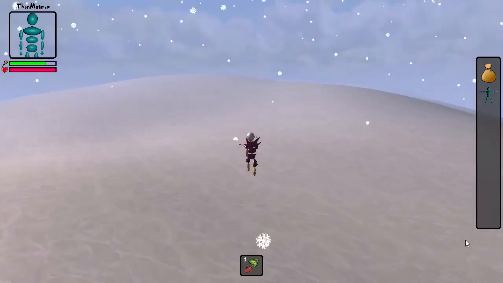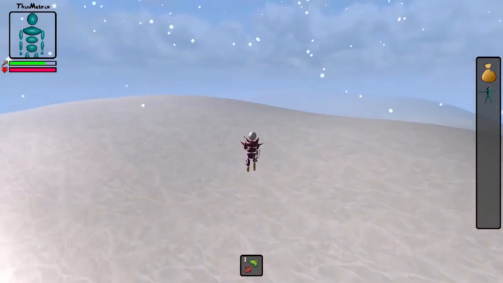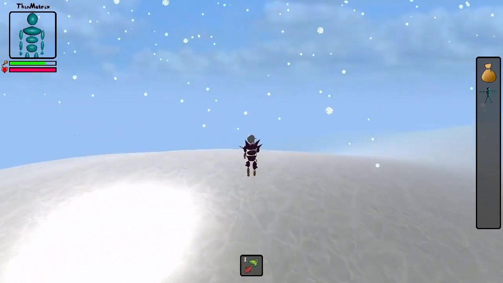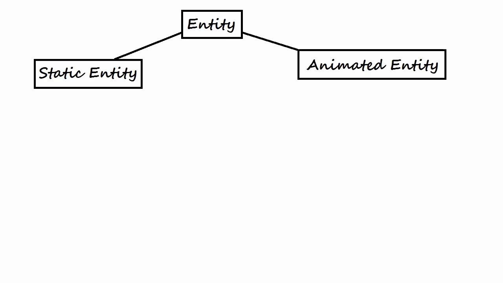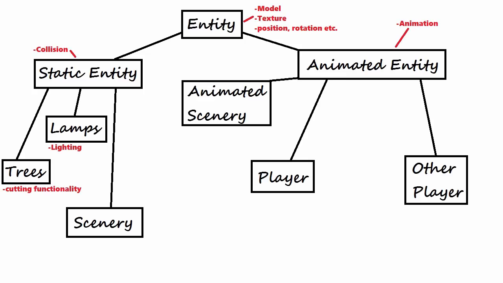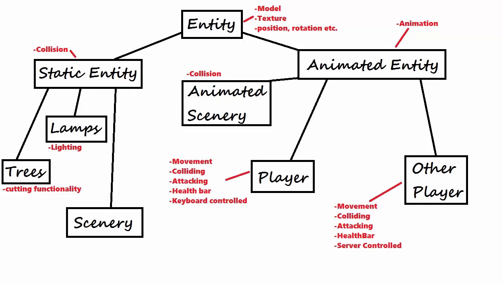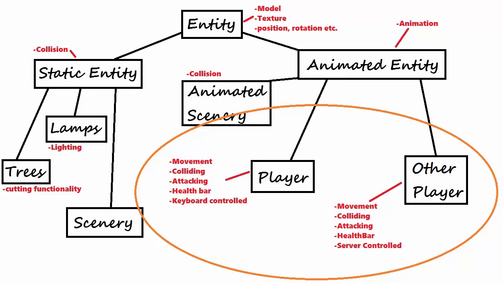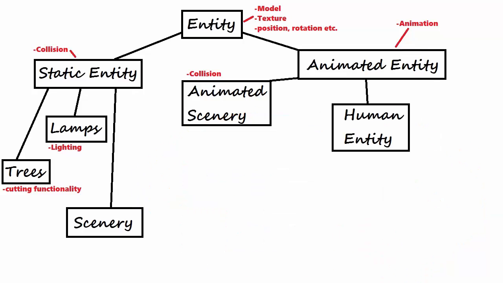When I started programming my game 2 years ago, it seemed logical to make use of Java's inheritance to allow for different types of entities in the game. So I had the superclass entity, which all entities in the world would be a subclass of. I then had a hierarchical tree of different subclasses of entity, with each class containing the code for certain bits of functionality. But after a while I realised that some classes had similar code to other classes, such as the player and other player class, which is the class that represents other online players. So I reshuffled the code to create the human entity class that would deal with any shared functionality between the